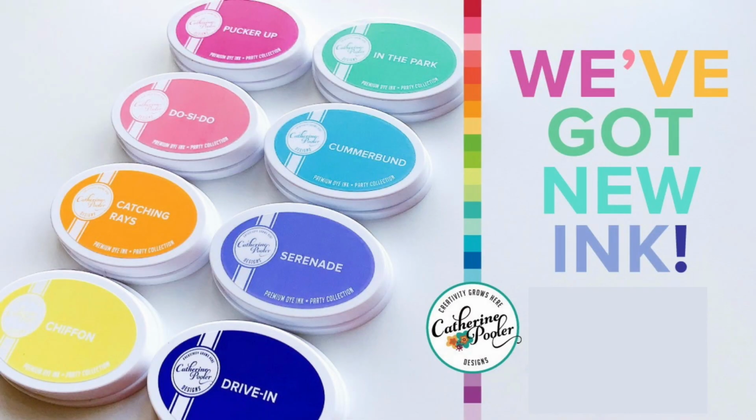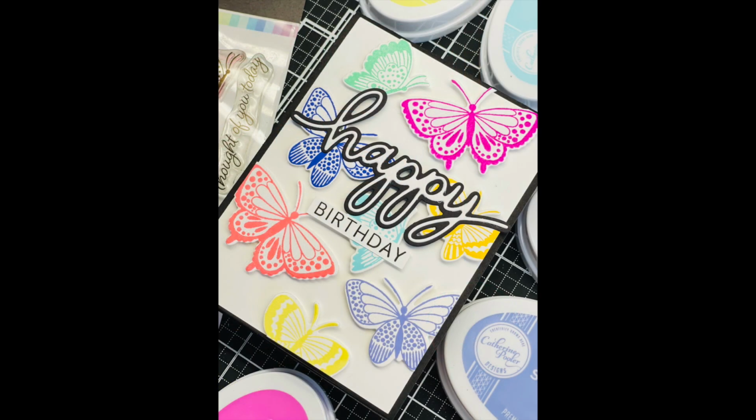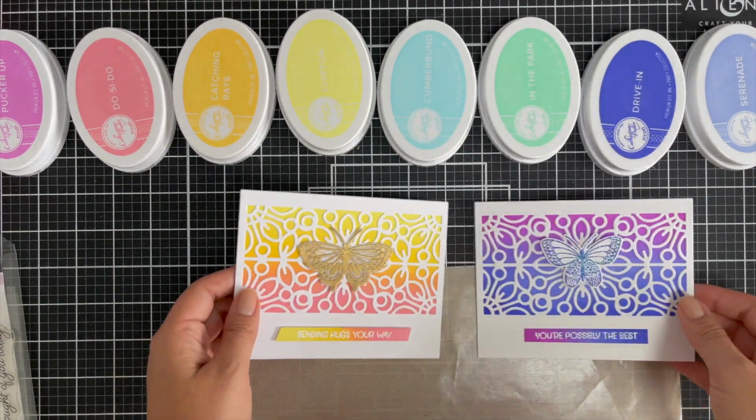I'm going to be featuring the new Date Night inks. Now these inks are very beautiful and bright and have a really awesome party tone to it. Now I have created this card on the screen. However, I have showcased at the beginning of this tutorial some ink blended panels, and these are just purely with